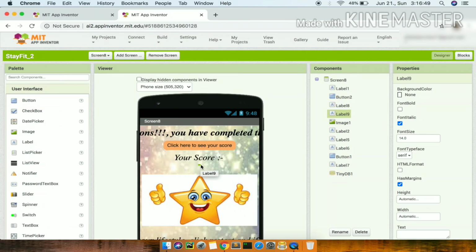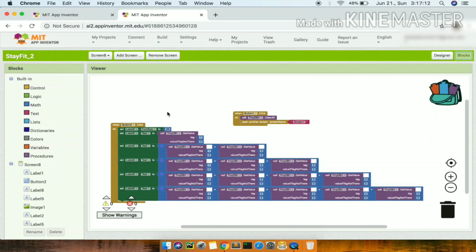First it will change the label 9 font size to 28, and then it will change the text to call TinyDb dot get value. Now it will call TinyDb to get the value. In other screens we used it to store values. Now we'll take the value present in it. So first it will set the label text to call TinyDb.getValue, meaning to get the value stored in tag 1 of TinyDb1,